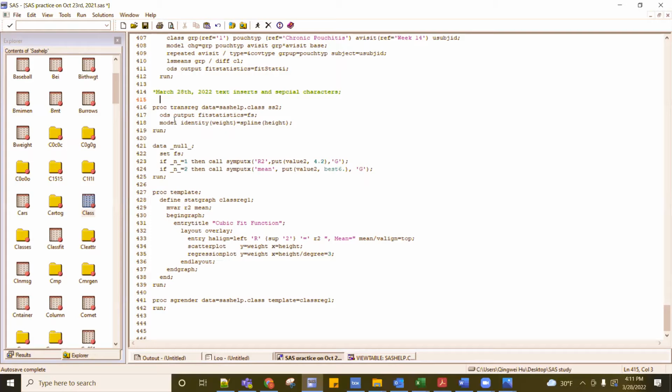Here we use a proc transreg, with the data from sashelp class. We use this model. The ODS output: ODS output fitstatistics equals FS. We use the model identity weight equals spline height. When we run this program,